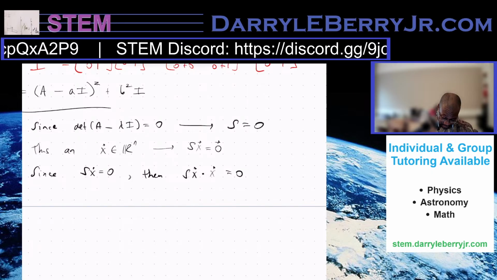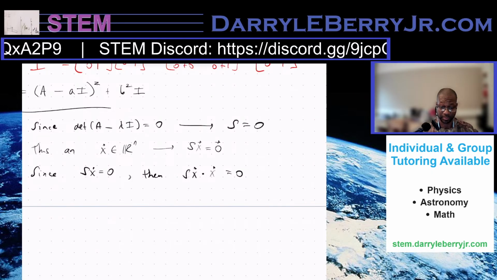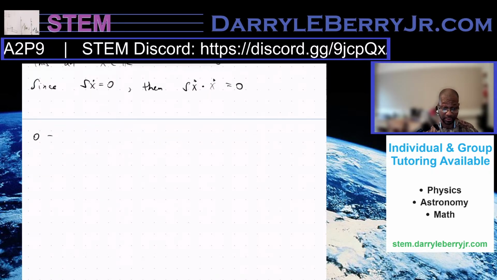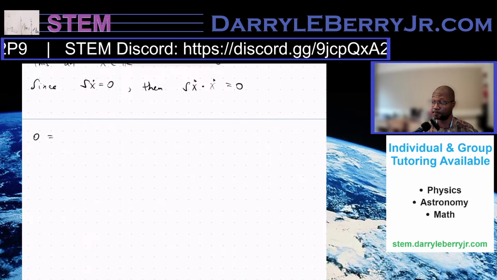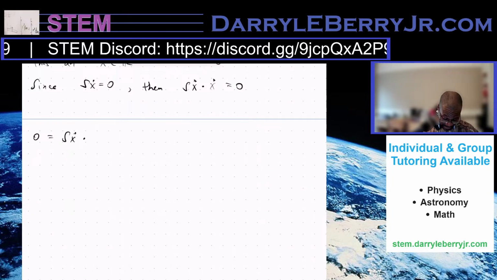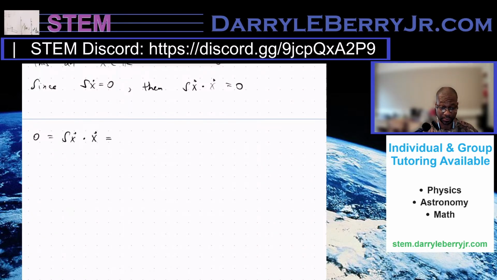S is equal to 0. Sx is equal to 0. Suppose we could throw in as many x's as we want to still make it 0. So 0 equals Sx dot x equals